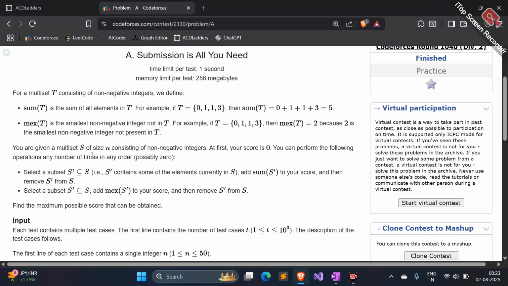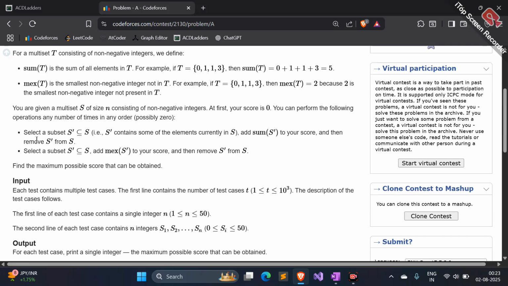Now you are given a multiset S of size n consisting of non-negative integers. At first, your score is 0. You can perform the following operations any number of times in any order. All right. So we have been given two operations to perform. We can select a subset from this array and add them up. It means we can find sum of T, or we can find max of the subset. If this is the array, we can find the max of this array, which will be 2,